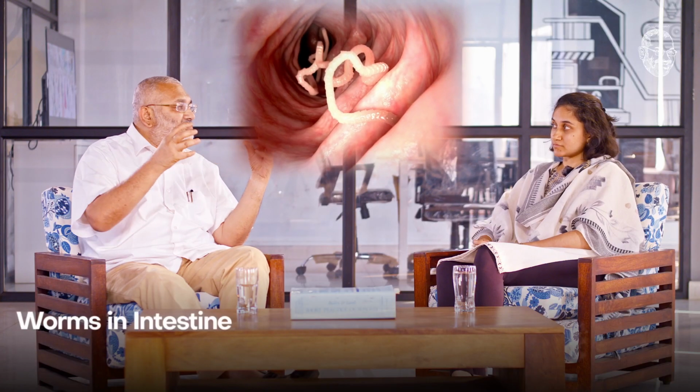These are 2 common conditions. And earlier I have seen roundworm bolus. These worms form a big bolus. From a 1 or 2-year-old child, I have removed a full bucket of worms. Big worms. They get coiled against each other, form a bolus and block the intestine. That's another common condition which I had seen in villager patients in the beginning